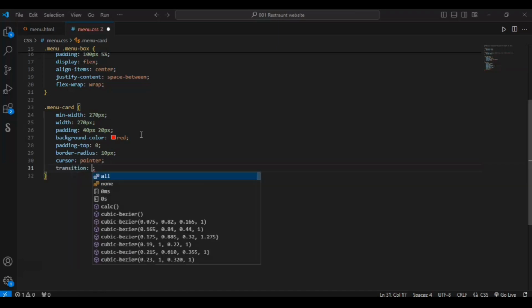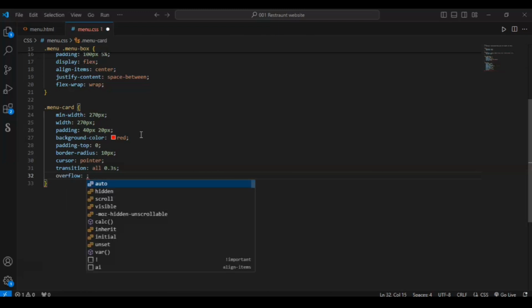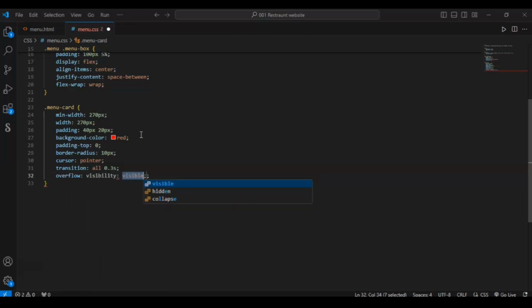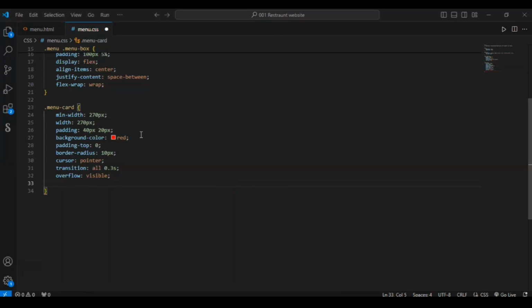Transition, I have already explained it. Transition all 0.3s. Overflow visible. Why visible? I will tell you. And background color we will set to white later.